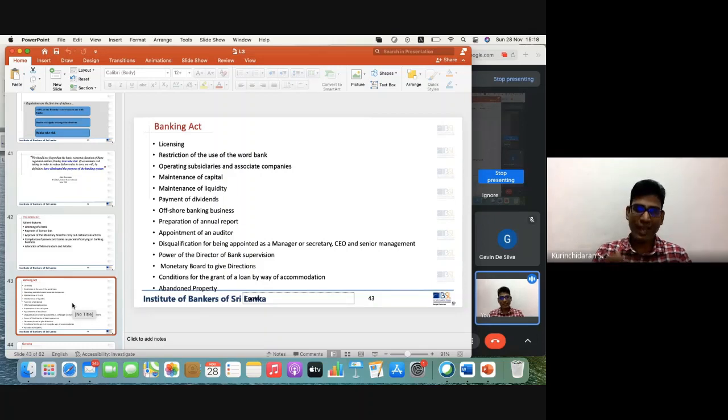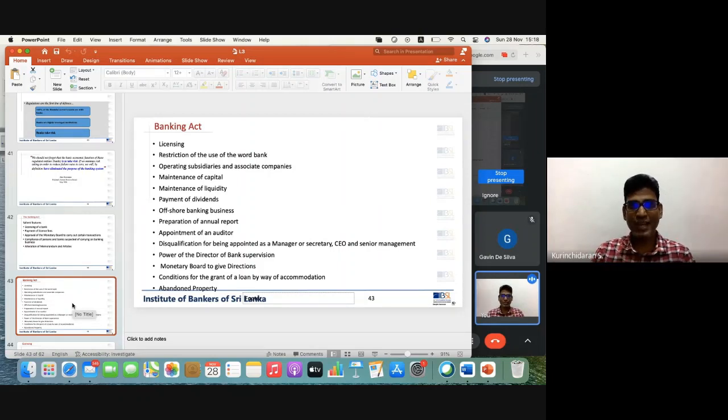So if you take the Banking Act and go through the contents page, it talks about so many things, right? The key things I have listed here. If you want to go into detail, you can look at each and every item. Just as an example, if you're an ALCO officer and you want to know about the liquidity requirements, you first go through the Banking Act. Under that, it says about liquidity. You can read it out.